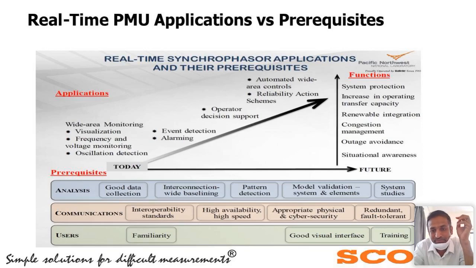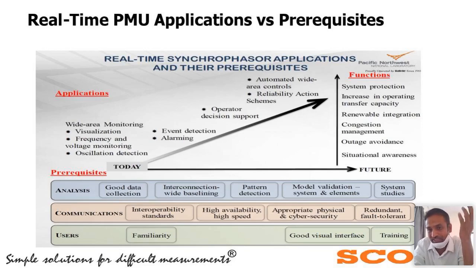Maybe you have an optical fiber MUX, like a fiber optic termination unit, FOTE. So all this data is connected to the FOTE of your substation, the junction box of the MUX of your substation, and from there through fiber optics on C37.118. It cannot be on 104 protocol, because 104 is a bit slow protocol, and 101 is even slower, because 101 is a serial protocol, so you cannot send the data with that speed and accuracy. So the C37.118 protocol is used to send the PMU data to the PDC center.